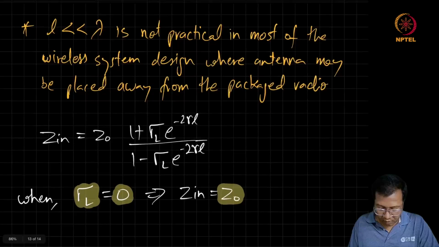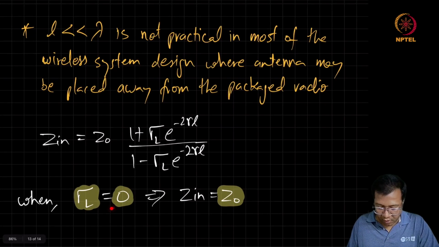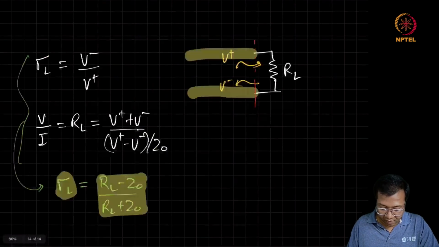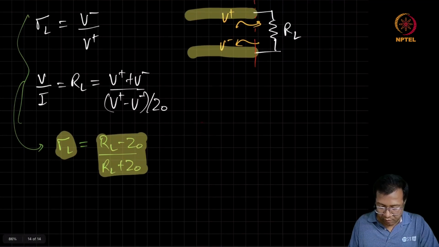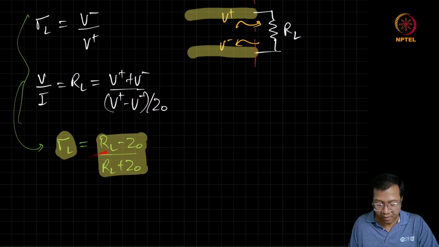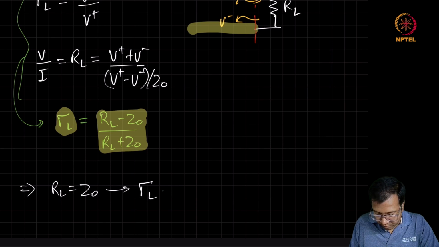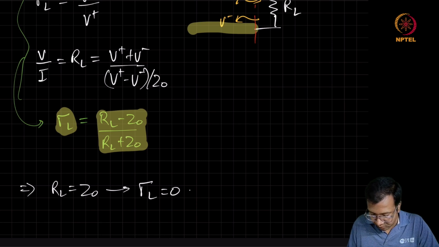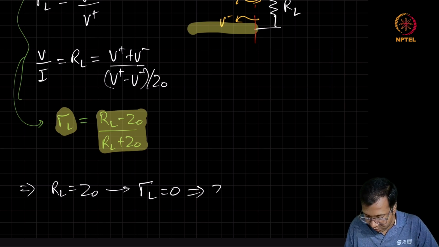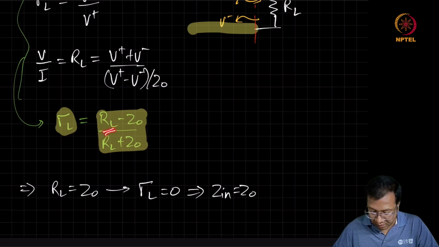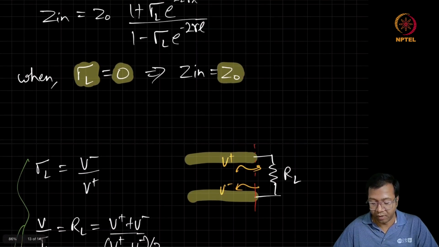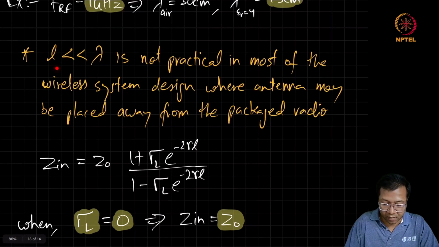Now coming back to our objective, where we wanted to make gamma L equal to 0, we can see that if the load impedance becomes equal to the characteristic impedance of the line, RL equal to Z0, then gamma L becomes 0, and consequently Zn becomes equal to 0. This situation looks more practical compared to the earlier case where we wanted the line to be always electrically short,